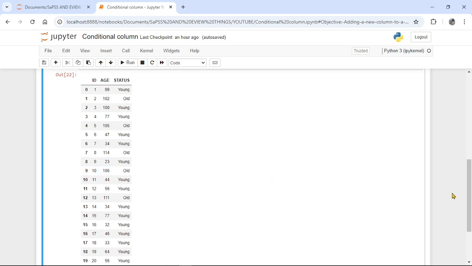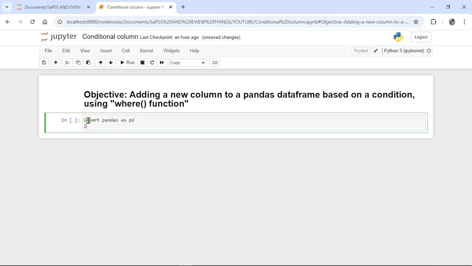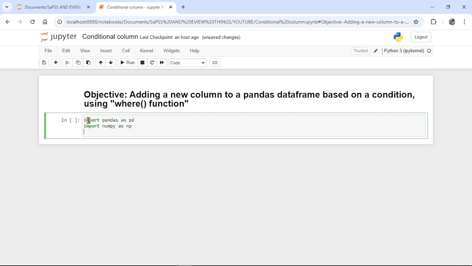Now let's just start the process. So we are going to import the Pandas library as pd, and we also need to import the NumPy library, very important, as np. And as well, we are going to load our data. So we're going to create a data frame named df, and we say df is equal to